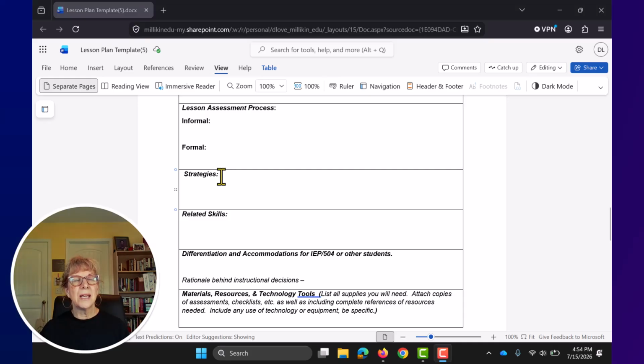Strategies include instructional strategies that you're using. So that might be direct instruction, lecture, slideshow. It might be modeling if you're showing students how to do something. It might include anything that you have students doing. For example, collaborative learning, if you have students pairing up and working together. It might include scaffolding if you're working one-on-one with students and helping them